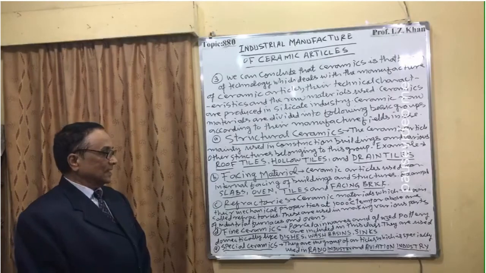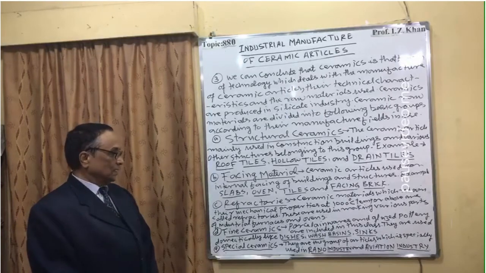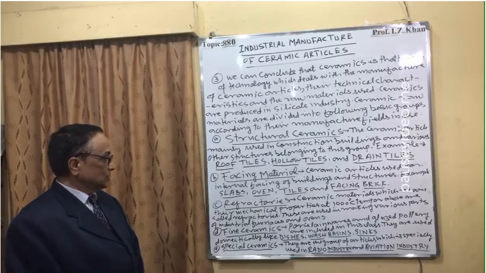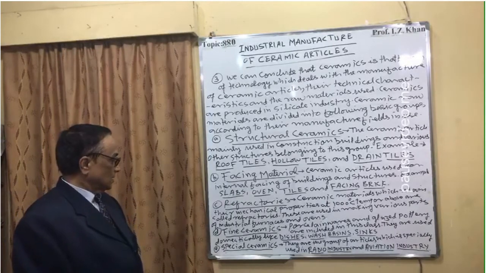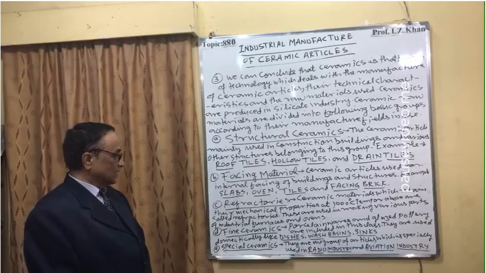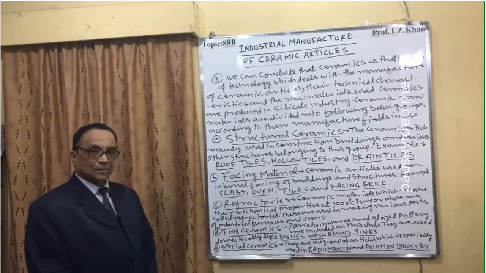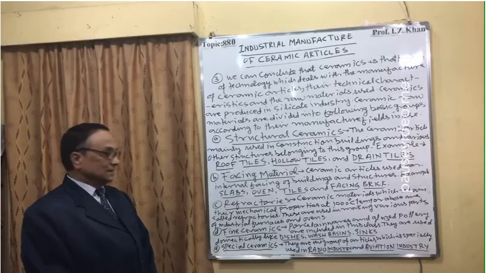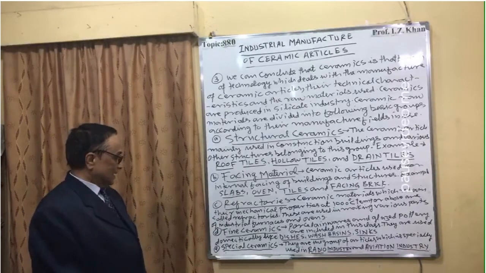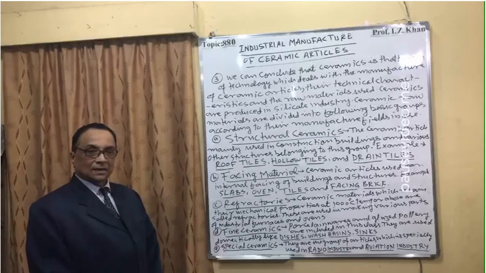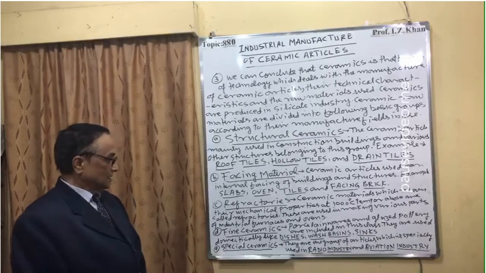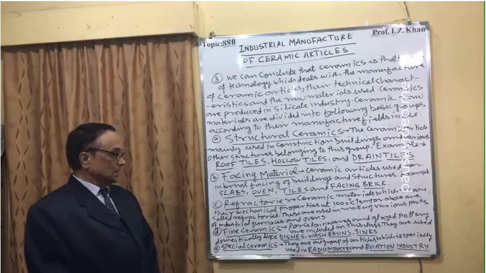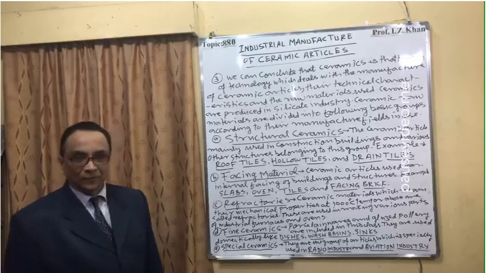Porcelain wares and glazed pottery are included in this class, and they are used in domestic products like dishes, wash basins and sinks. E, special ceramics. They are the group of articles which are mainly used in radio industry and aviation industry.